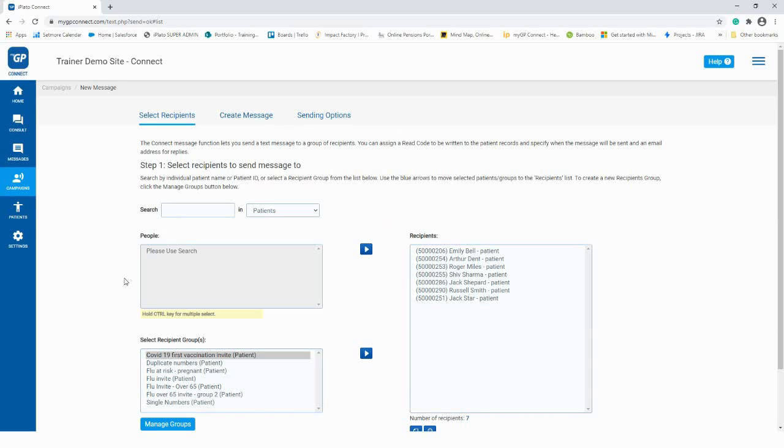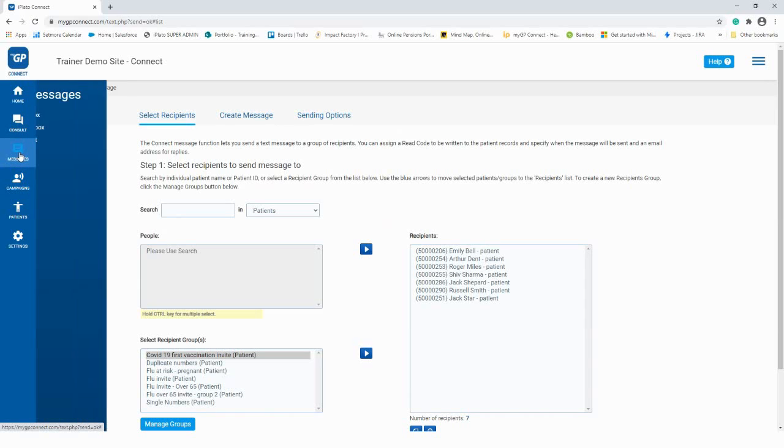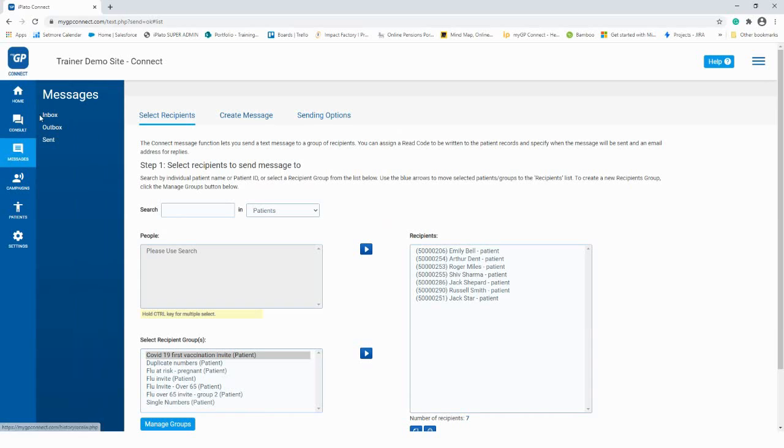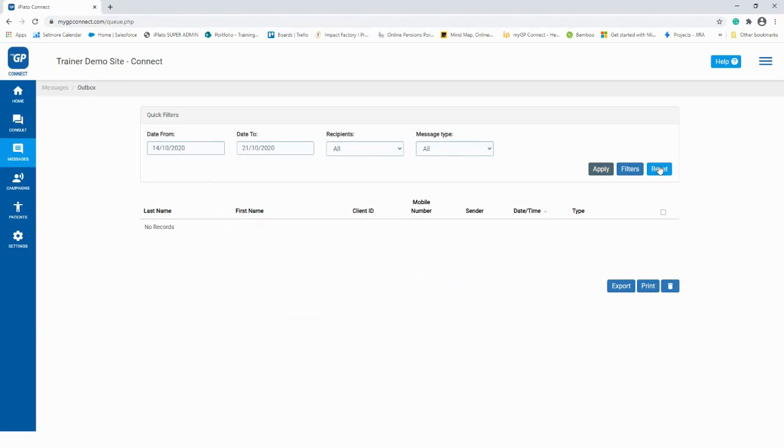Once that message has gone, it's going to go to our messages box. So we've got a couple of examples to show here. If I go to the menu options on the left-hand side, we can see the messages tab here. So I'm going to click on messages, and we can see inbox, outbox, sent box, arranged very much like an email, but it's just for messages. Now, when we send in advance, we'll see that first of all in the outbox. So if I click into outbox here, just going to refresh my screen,